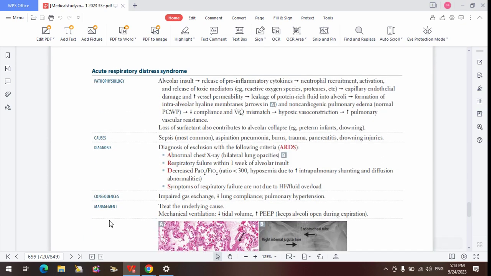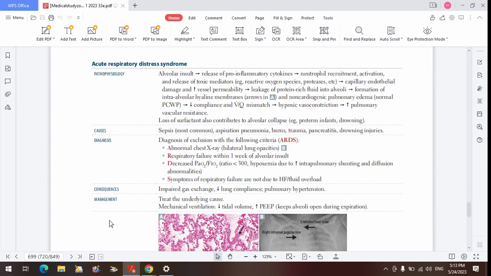So let's go to acute respiratory distress syndrome. Acute respiratory distress syndrome is more like a complication of so many things. The common cause for acute respiratory distress syndrome is sepsis, and there's an infection. There's a disseminated infection. That's why you call it sepsis. It's already disseminated in the blood. So of course, blood is going to get to the lungs. So from there, the inflammatory cytokines will be introduced to the lungs.